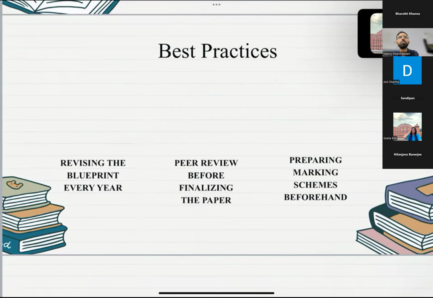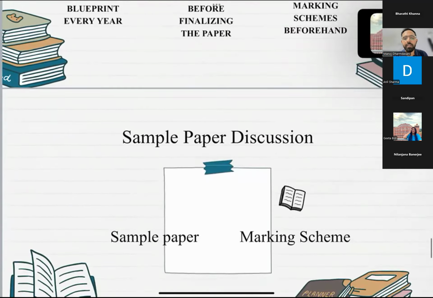If it is very easy and okay for you to solve the question, then only give that particular question in the paper. If it is not up to the mark, do not try to put the question into the question paper. That is going to create problems for the student. It might be possible that that particular question is going to hamper their confidence as well. So that practice I don't think should be used whenever you are setting the paper. While setting the paper, before submission, please prepare the marking scheme. That will give you clarity about the answers which the student is going to write.